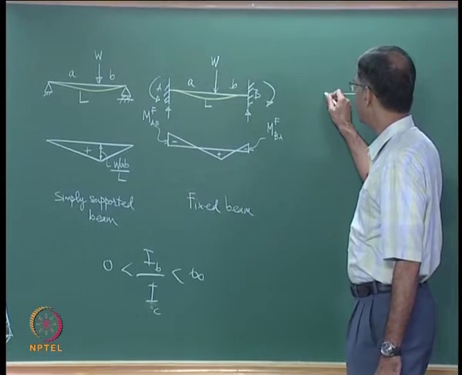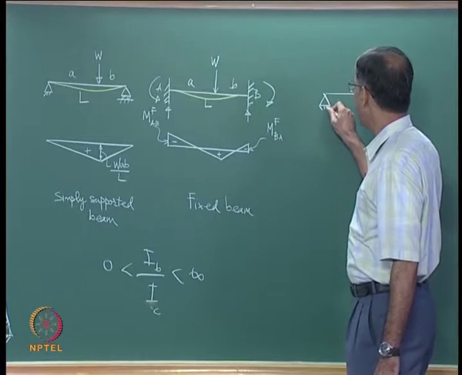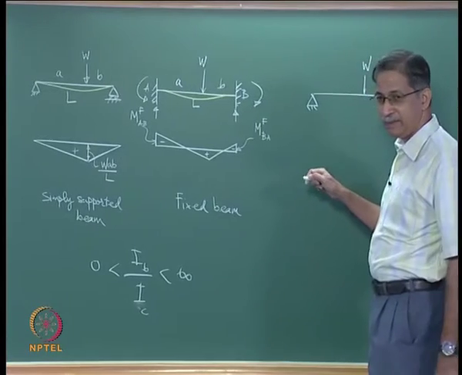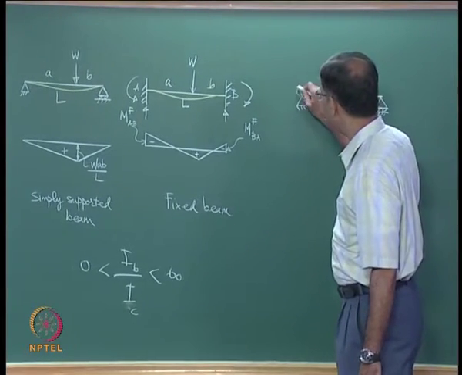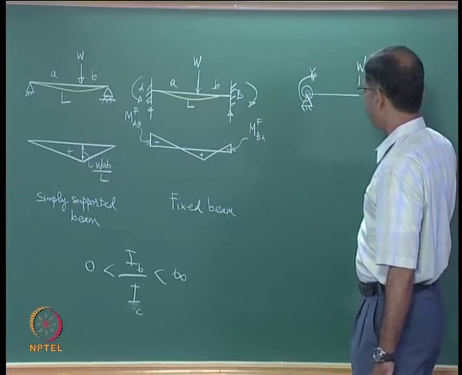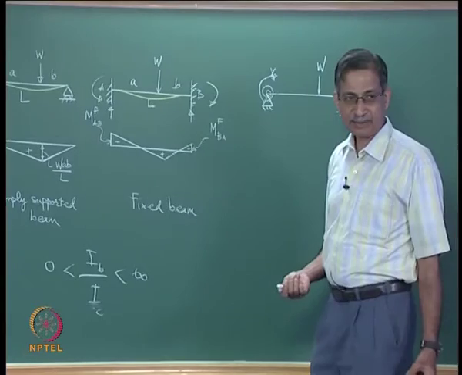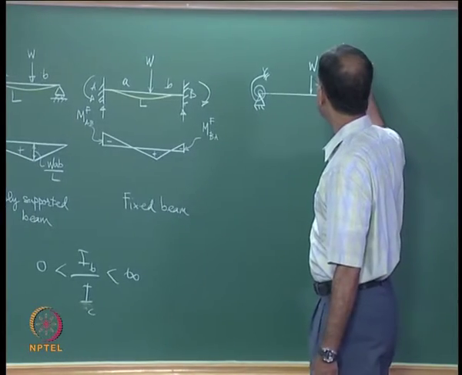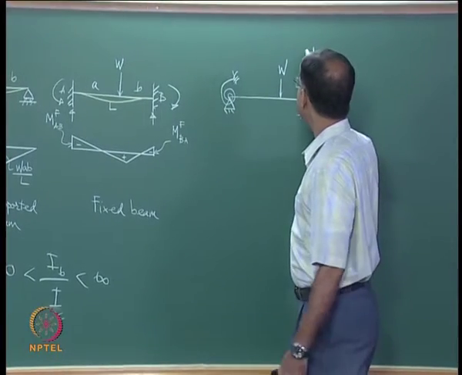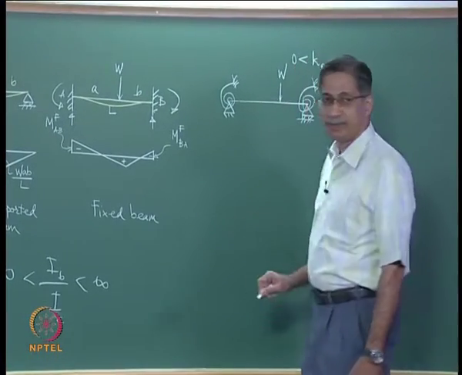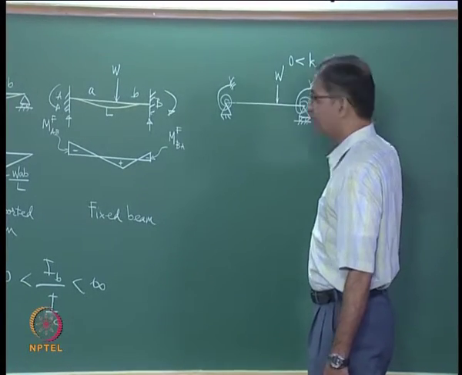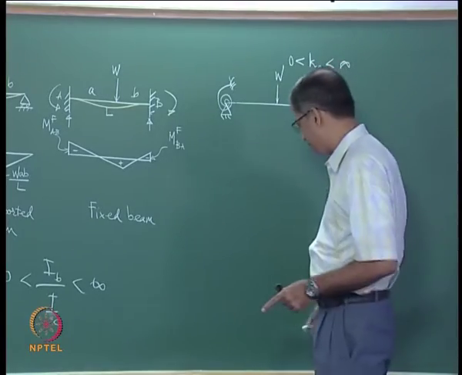What kind of hinges? Because this can't move. So it is a simply supported beam with rotational springs, very good, okay, with rotational springs, and the rotational springs have a stiffness k theta. If it is simply supported, then one limit is 0. If the columns are infinitely rigid, then the other limit is infinity.